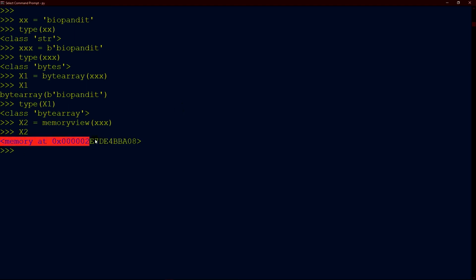Here, the memory location of that original bytes object is stored in this x2 variable. All the binary objects can be indexed. Here 98 is the ASCII number of the first position of the bytes object or the bytearray object.